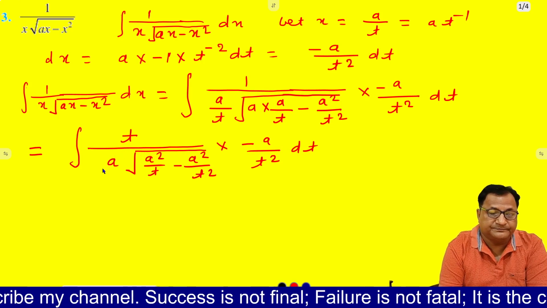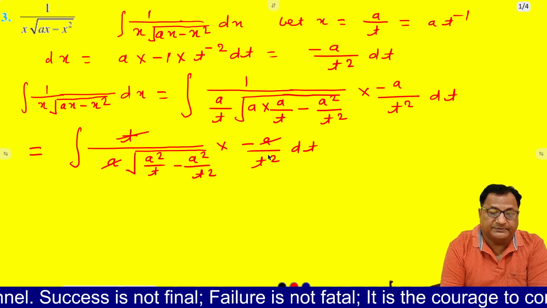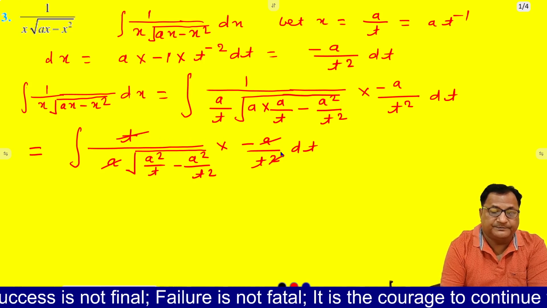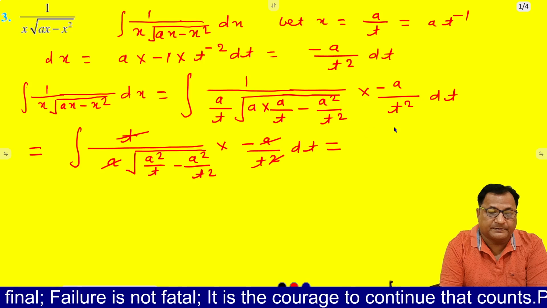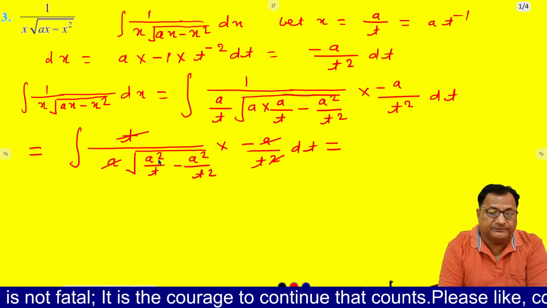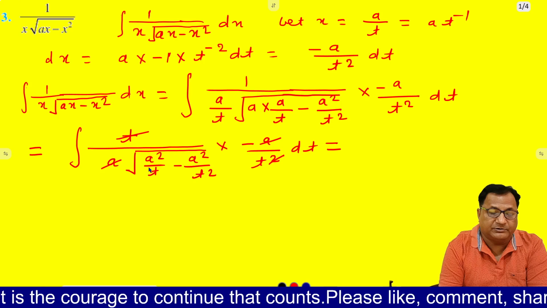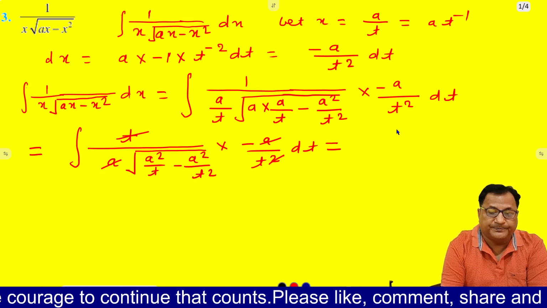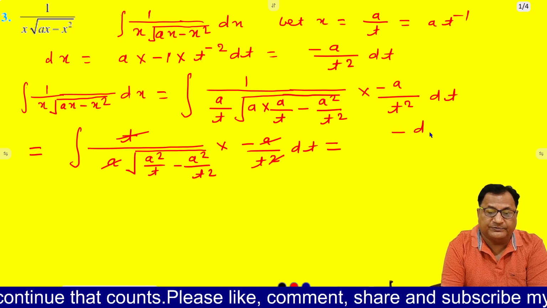So a and a will be cut, and the power of t will be cut. What will remain here? If we take a square common, then it will be root of a square, a. So minus dt